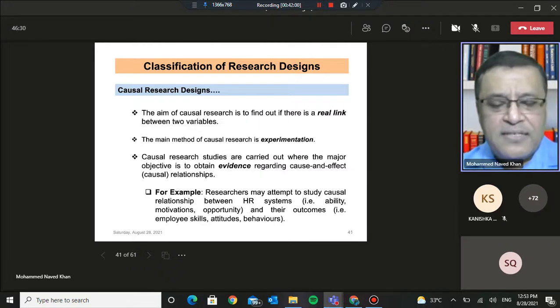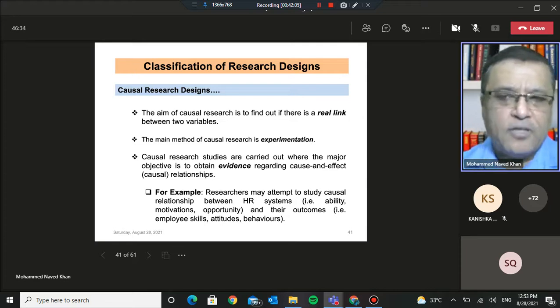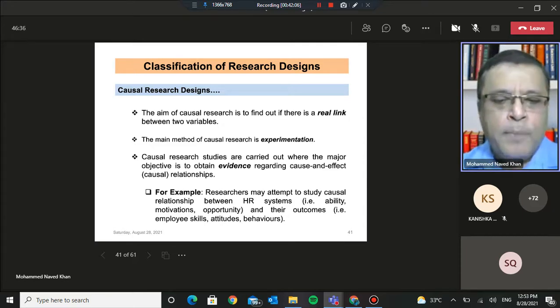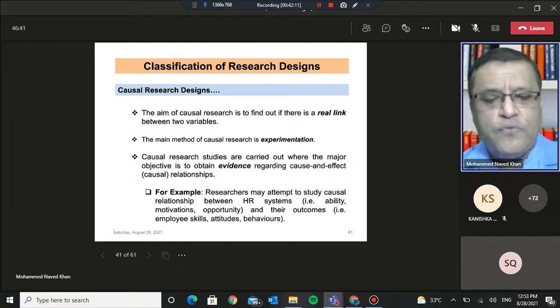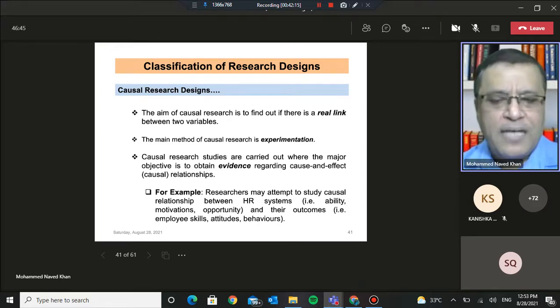So it is not always necessary that change in price may lead to an increase in sales, or change in package design may lead to increase in sales. But remember that the aim of this causal research is to find out whether a genuine link exists between the two variables. Whether, for example, the decrease in price is leading to some kind of change as far as sales are concerned. This simple crude example we are considering here.